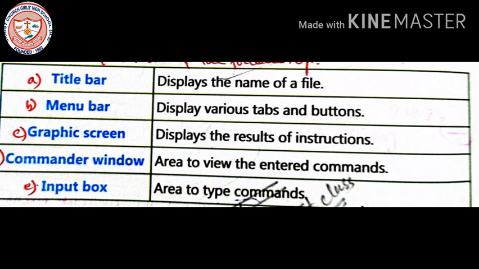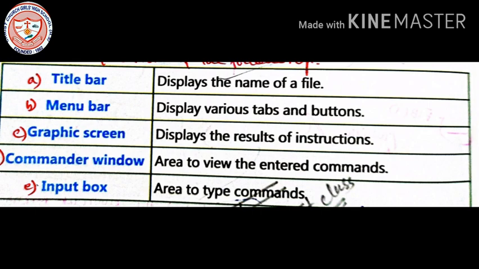The menu bar displays various tabs and buttons. The graphic screen displays the results of instructions.